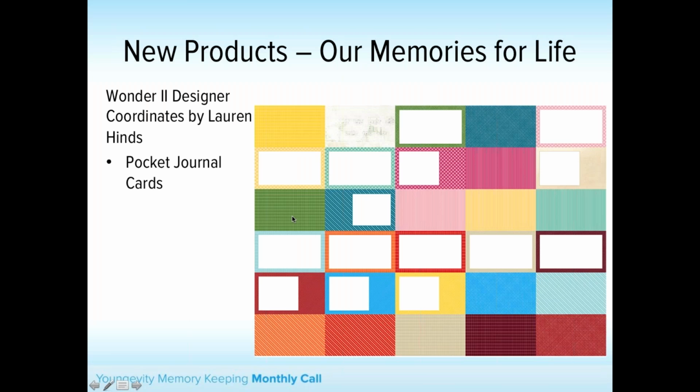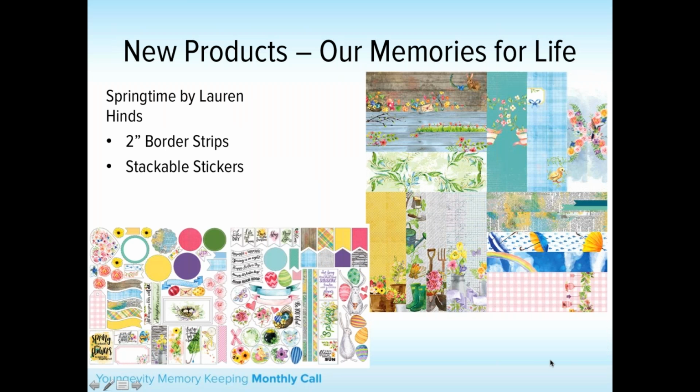Again, you're going to see those same designs and colors that you saw on the papers as well as the pocket border strips, because everything we want to coordinate and look beautiful together. Okay, these are some great base products, and to go with this, we have Springtime, also by Lauren Hines, and